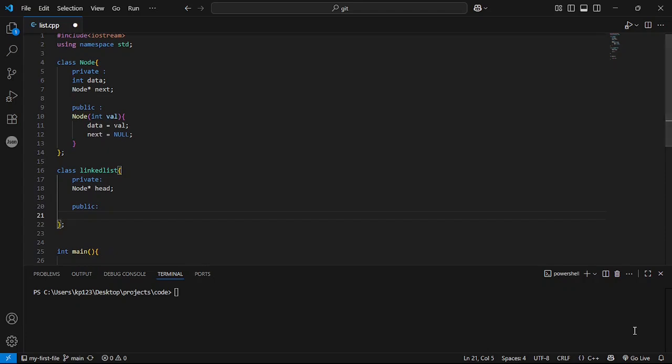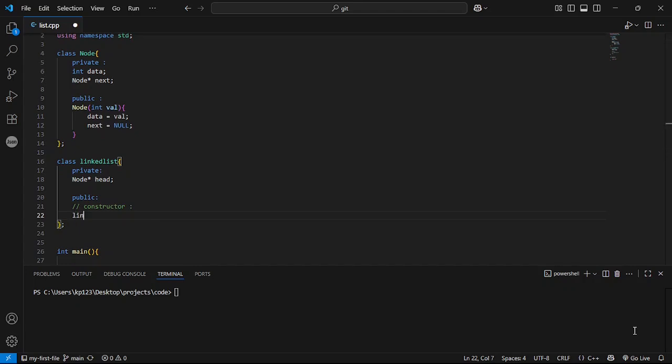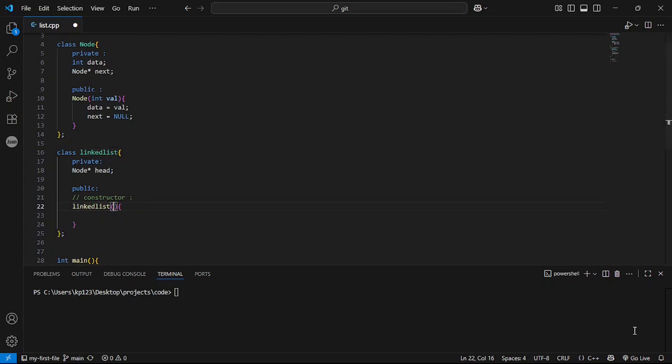We'll also have to make a constructor. I guess we will just initialize head, so head will be equal to nullptr.